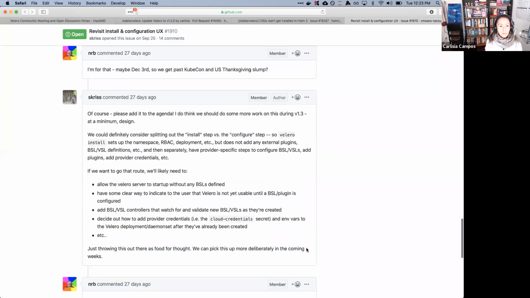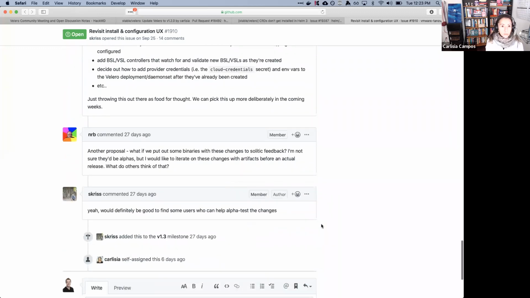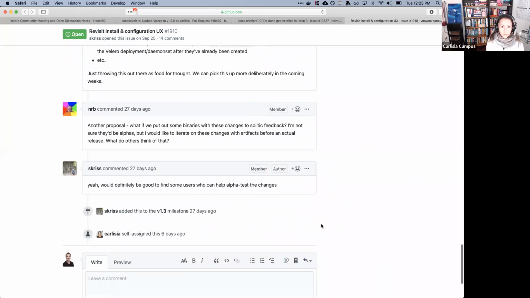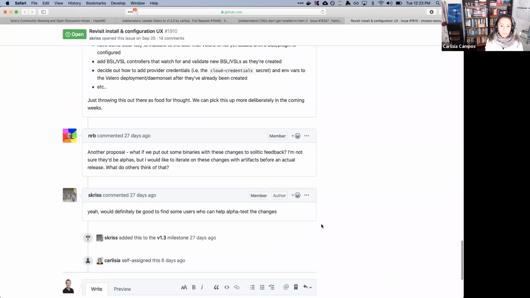So one thing is about having a Velero service status, and that's something that I'm going to propose we add. And I would like to propose first to have the ability to install Velero without the backup storage locations. We've talked about this before.